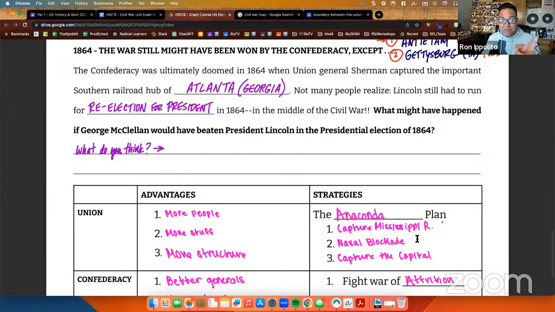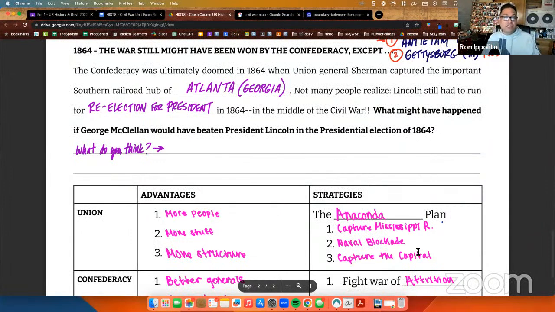Number 2, a naval blockade around the port cities of the South that prevents the South from being able to trade, especially their number 1 item, which is cotton, because if they could sell cotton to the countries of Europe, then they could make money. And because we know, after all, wars cost a lot of money. So the Union was able to shut down that trade by blockading southern ports, and then finally capturing the capital